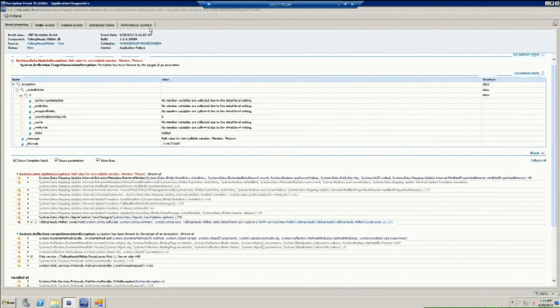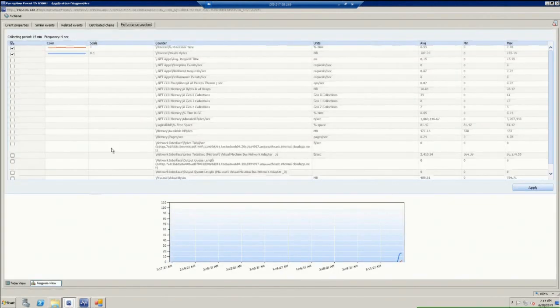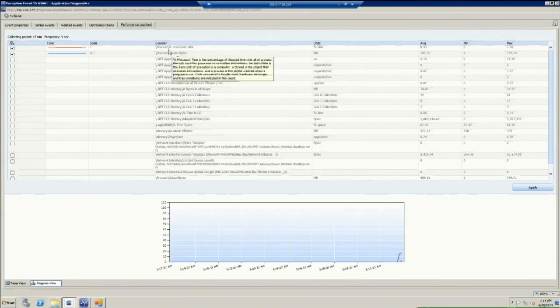And performance counters. You know, some of the problems can be caused not only by your code. For example, your application box is running out of memory, and your application receives the timeout exception. We collect this exception with APM. It's reported, but you know what's the root of this problem? You go to performance counters, and you see that the process private bytes is running out of memory, something like this, or the processor time is close to